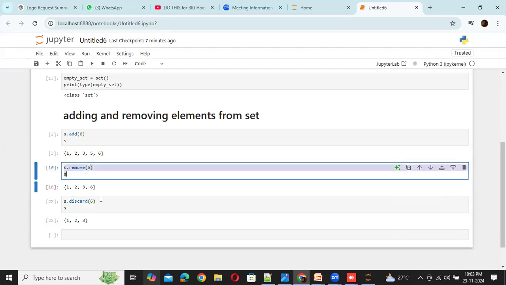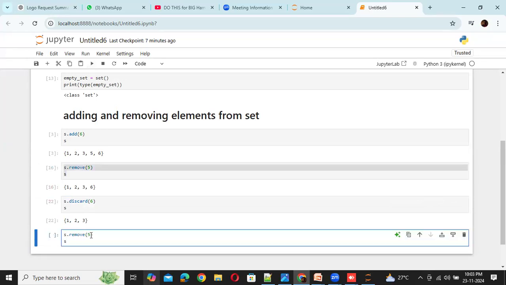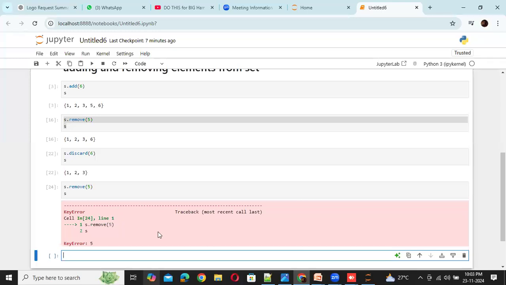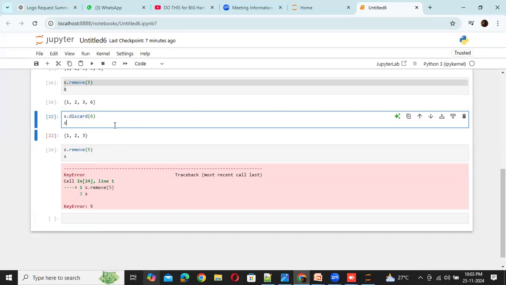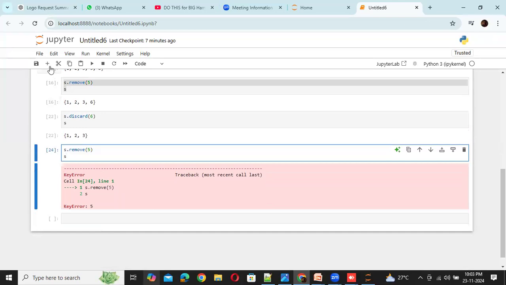Whereas in the case of remove, if 5 is not there and I try to remove it, it will throw a KeyError. But the discard function, even though the value is not available in your set, is not going to throw any error. That is the difference you need to be aware of. And next is set operations, how we can perform set-related operations.